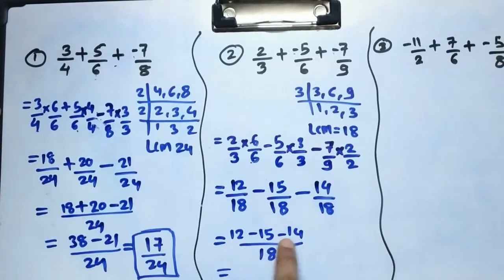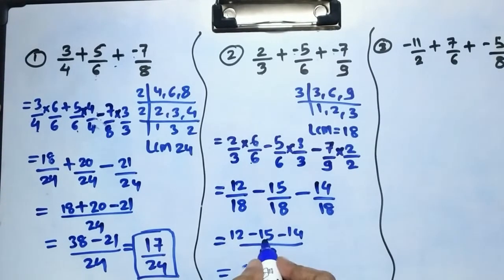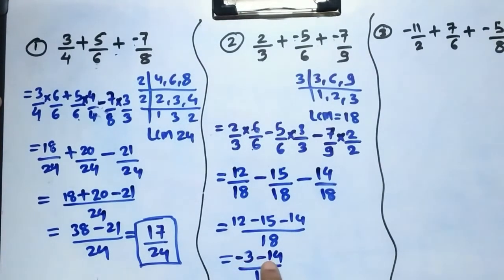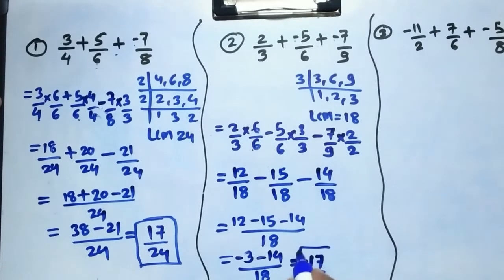When you have this kind of situation, start from the left-hand side. Here 12 minus 15: one positive integer and one negative integer, so we perform a subtraction. We subtract the smaller number from the bigger. 12 minus 15 gives 3, and the sign of the bigger number, that is minus. Then write down minus 14 upon 18. Friends, here both are negative integers, so perform addition and give the sign of minus. Minus 3 minus 14: you add them to get 17, and the common sign is minus. Minus 17 upon 18. So this is your final answer.